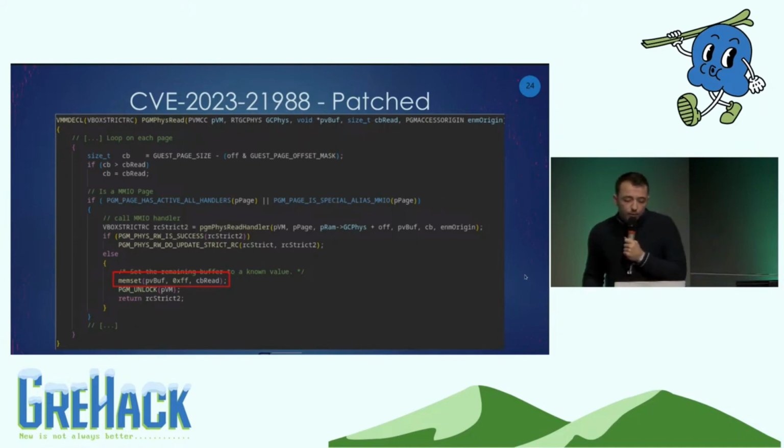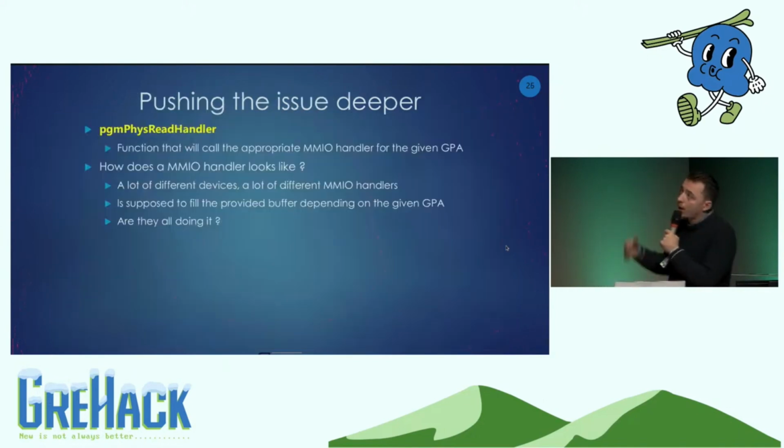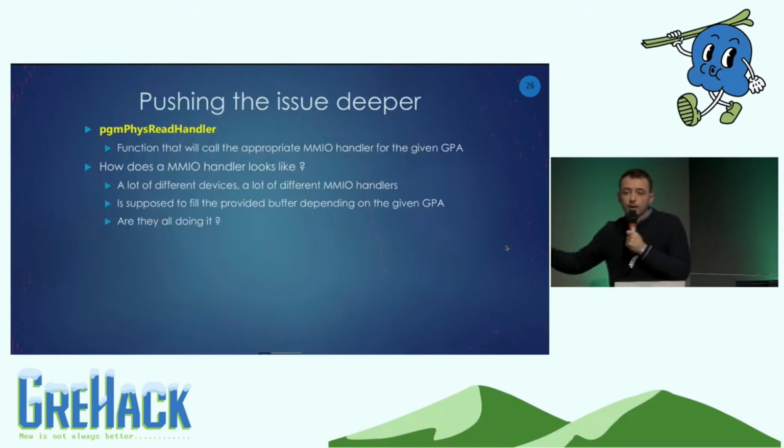Okay, this is a great bug, but this function might still be dangerous if the pvbuff buffer is not filled. So what is happening in the pgmfizread handler? Is the buffer properly initialized there? The pgmfizread handler, as I said before, will take the GPA given. It is supposed to be an MMIO range, and depending on the guest physical address, it will call a specific